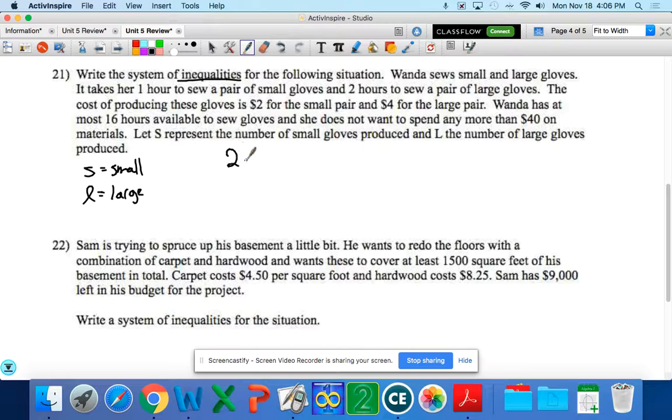So that means our first equation is 2S plus 4L. And I almost wrote an equal sign, but again, I underlined the word inequalities. It reminded me, no any more than $40. That means she needs to spend less than or